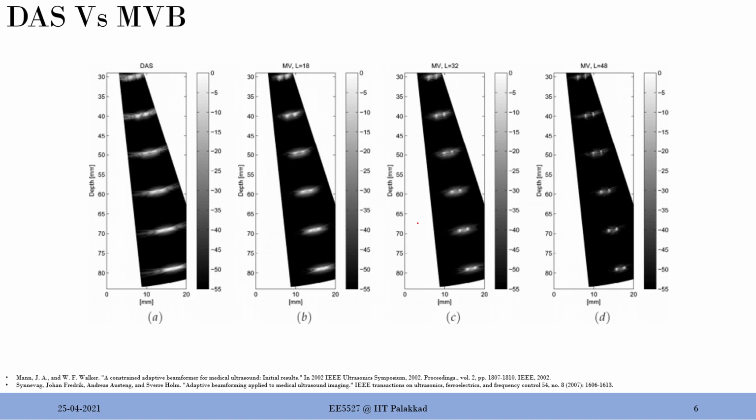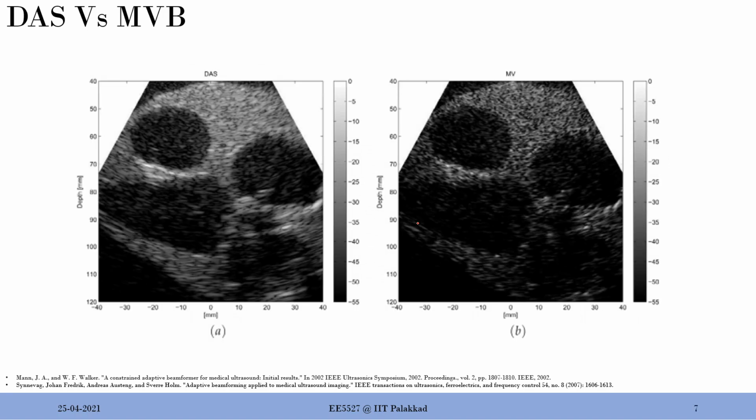And then this is of course some phantom data. Let's actually see some cyst data. This is actually sort of mimicking an organ, and you can see very clearly that the delay and sum doesn't have that contrast compared to this. And of course you could claim that towards the end there is sort of contrast loss for minimum variance also, but if you see the speckle pattern and all, this is much clearer and much better. The sidelobe is also much better. So there is a lot of improvement in the case of a minimum variance beamformer compared to DAS.